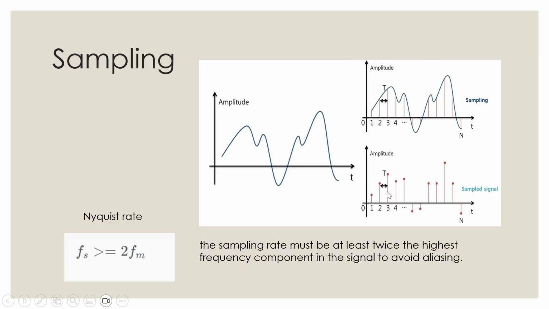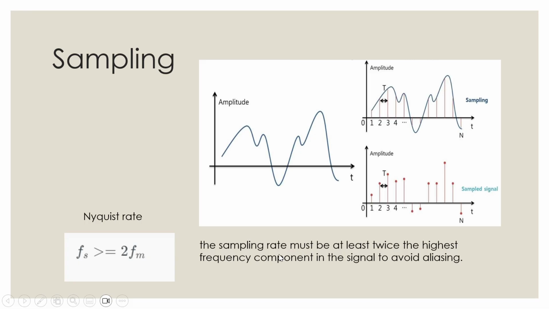After sampling, the signal will look like this. It is a discrete signal, which is called a sampled signal. It is not continuous. We have taken a point from here, one from here, one from here and one from here. So this is a discrete signal. This duration, 1 by T, is called the frequency. So this is called the sampling frequency. We can also call the sampling frequency the sampling rate.